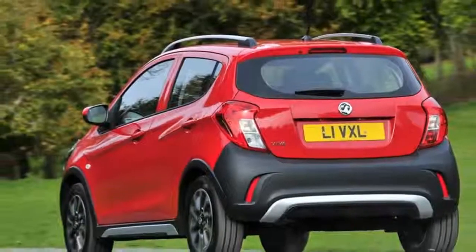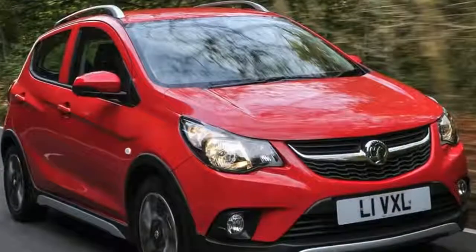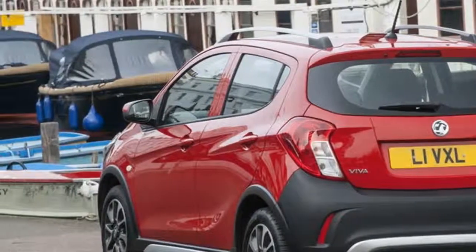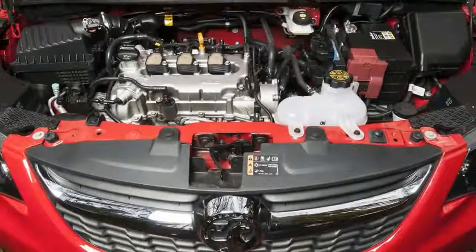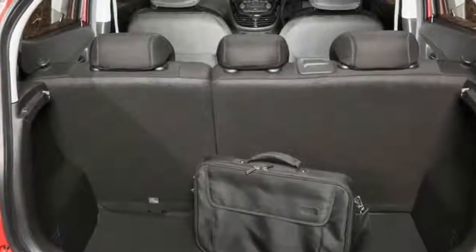By adding in features such as a slightly revamped front end, 15-inch bicolor alloy wheels, an exclusive interior fabric option and a few more bits of chrome, Vauxhall is hoping the Viva Rocks will appeal to a slightly younger demographic than the regular Viva. Despite the revamped look, when you get to the mechanicals, very little has changed from the